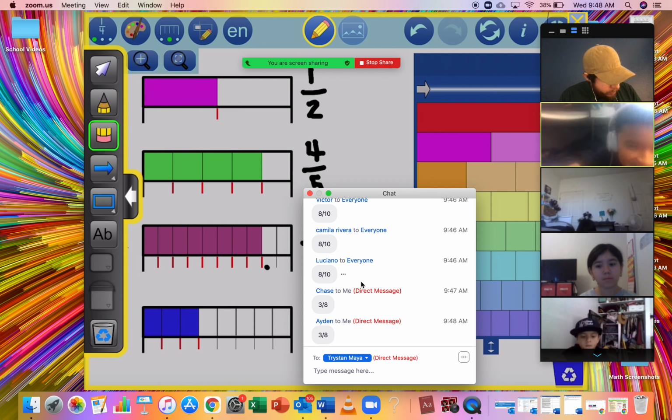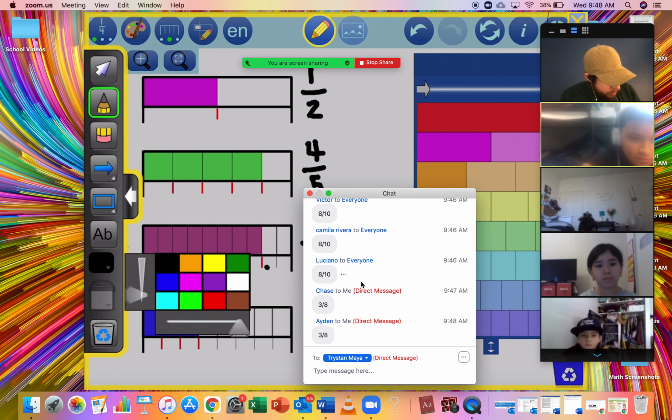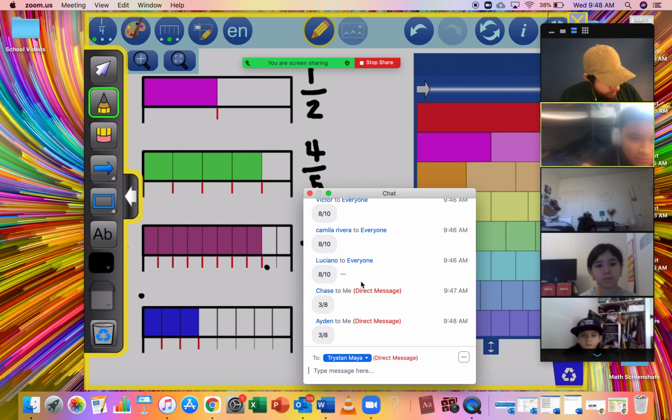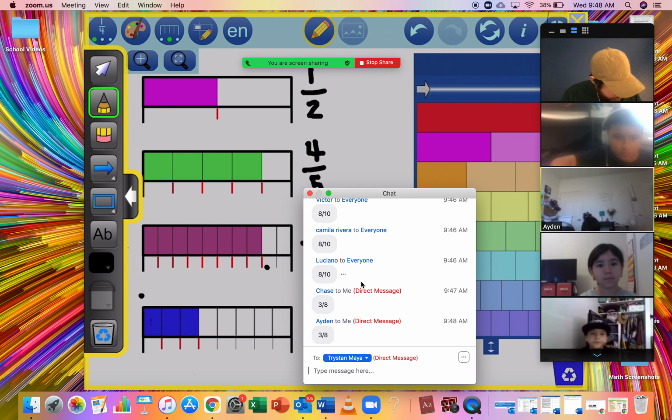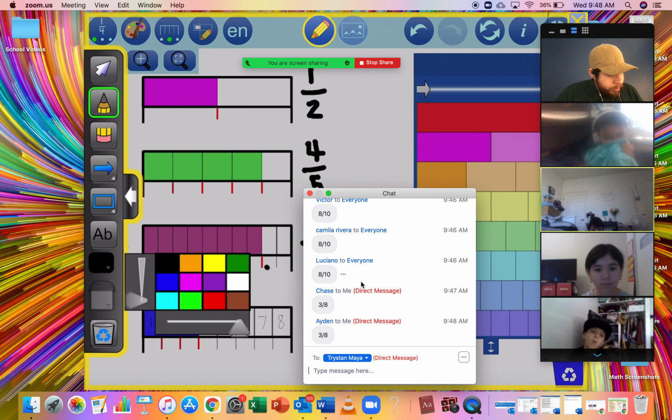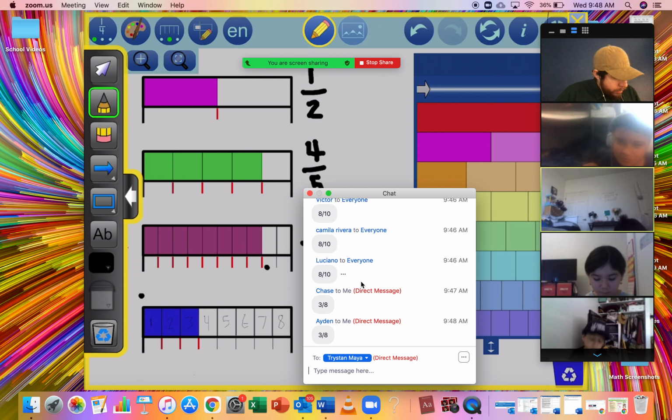Can I erase that piece? Take my pencil tool, make it nice and skinny. I'm going to count these up: 1, 2, 3, 4, 5, 6, 7, 8. Very close, Damien. Like I said, it was a little bit harder to count because we didn't have the lines there. But it is 3 shaded out of 8 total, which we have established will make it